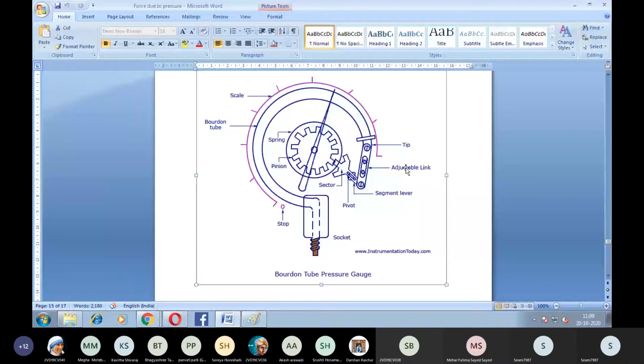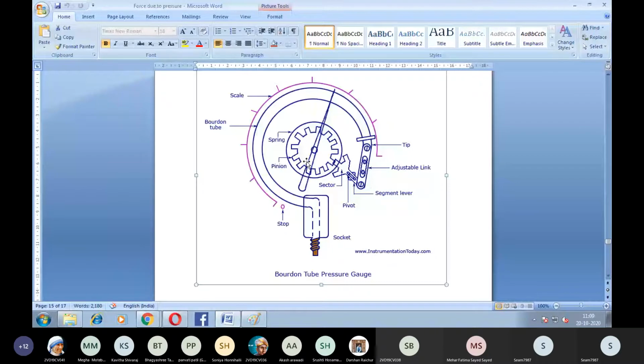This adjustable link is again connected to a sector and a pinion arrangement. Here you can see there is a scale which is pivoted on this pinion arrangement. This is the pivot, and this is the sector which is connected to the pinion arrangement.